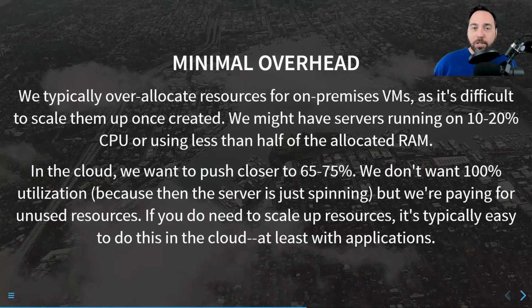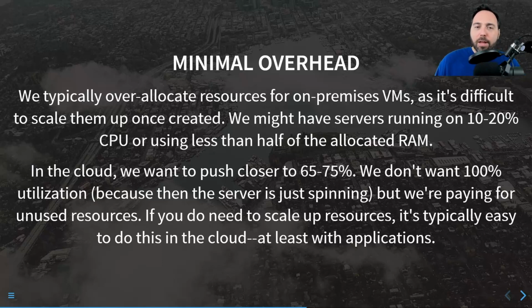So we may have servers that are doing like 10 or 20% CPU load, using less than half of their RAM. And that's inefficient from the perspective of immediate utilization. But knowing how difficult it is to expand, how difficult it is to scale it out, it makes sense. The incentives are for us to over predict so that we have less risk in the future.